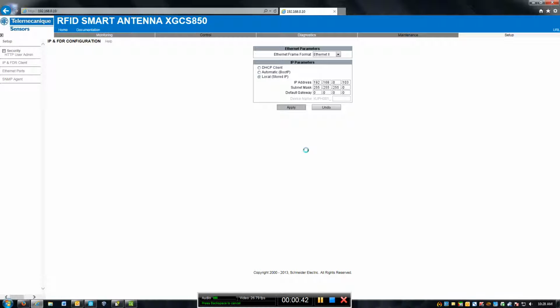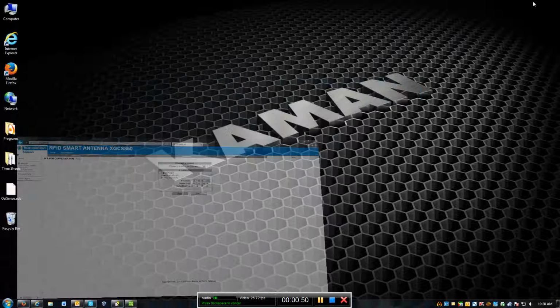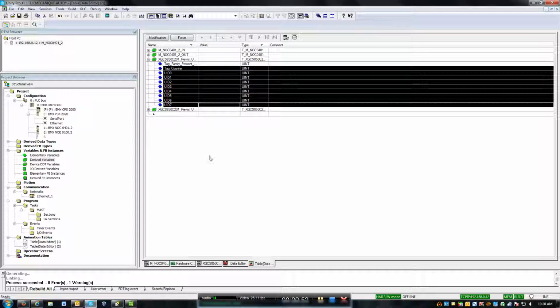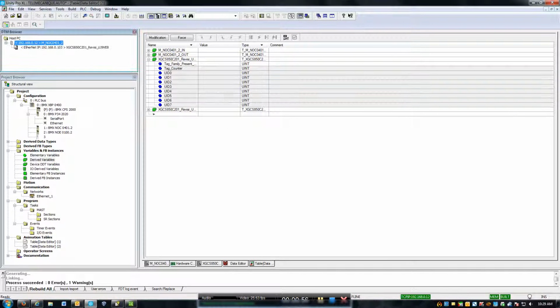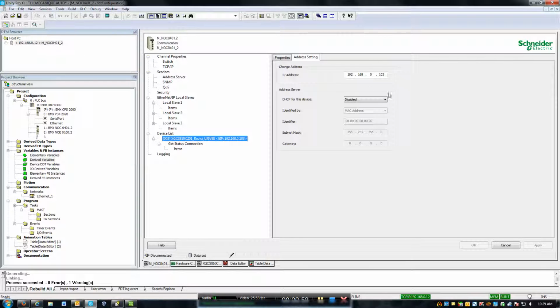In order for them to take place, we have to power cycle the device. So I just did that, and that should go through. So now we go to our Unity Pro and we open up the NOC. As you can see, it's connected to 103, but in order for that to happen, you have to import